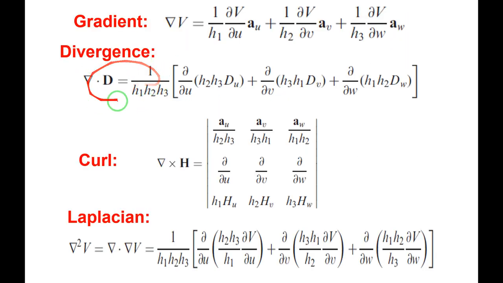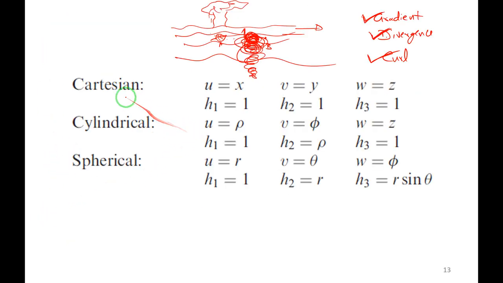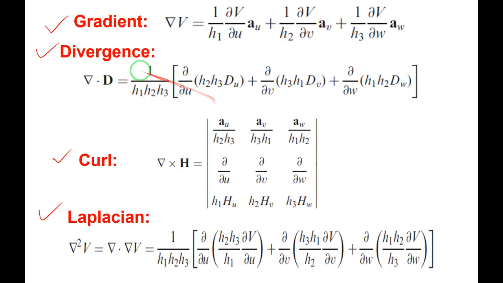Okay, I have listed a few formulas of gradient, divergence, curl and Laplacian. Before that, you are already familiar with the general coordinates u, v, w that I have taken. In Cartesian, u, v, w is x, y, z. In cylindrical, it is rho, phi, z. In spherical, it is r, theta, phi. Just for recalling, I have written here the scale factors. In Cartesian, it is 1, 1, 1, h1, h2, h3. Here in cylindrical, it is 1, rho, 1. In spherical, it is 1, r, r sin theta. You know this, I have just listed it in this PPT.